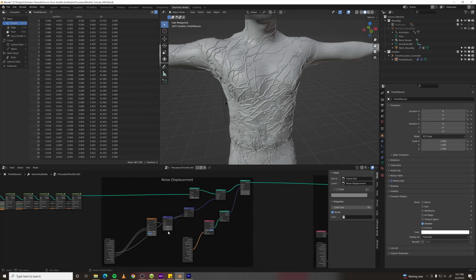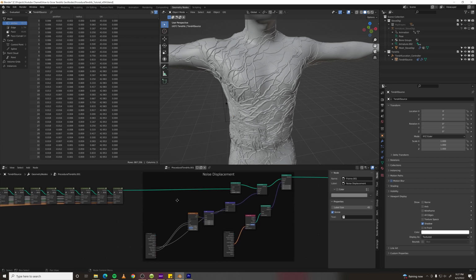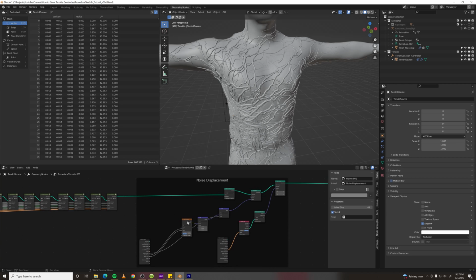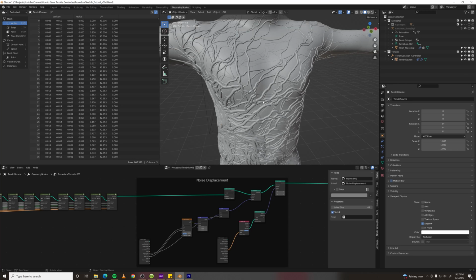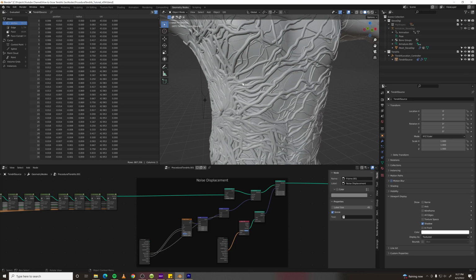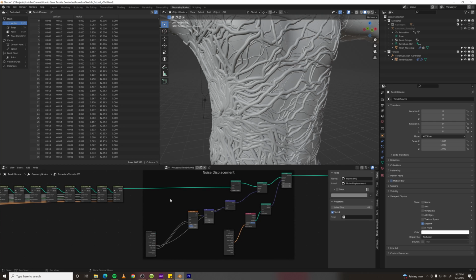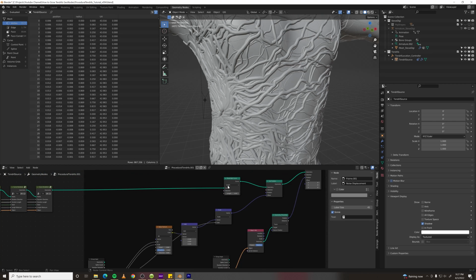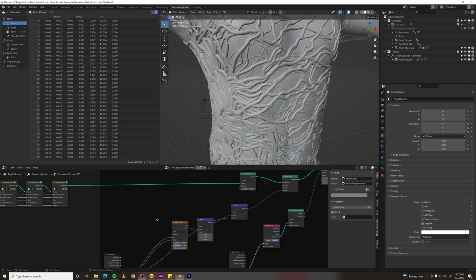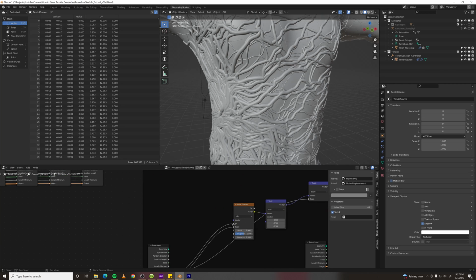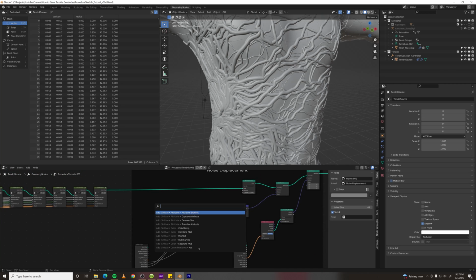One more thing I want to do, which I realized after I finished filming this whole tutorial, is add a random value to this noise per spline. Because when you get a lot of splines next to each other, they all get displaced in the same way and get bunched together. So in my noise displacement area, I want to add a random value to this W, which is the phase. So add a random value,